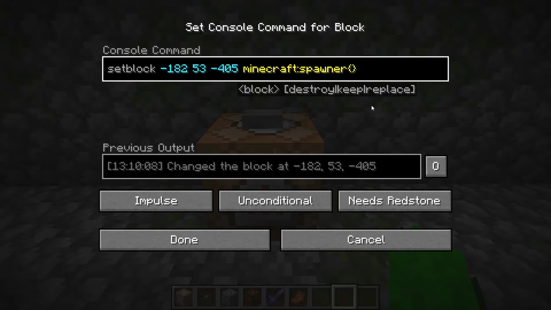So the first data you can put is delay, and this is basically how long it's going to take right after the block gets set down or right after someone gets into range of the block for it to spawn, how long it's going to take for the mob to spawn. After that we're going to put